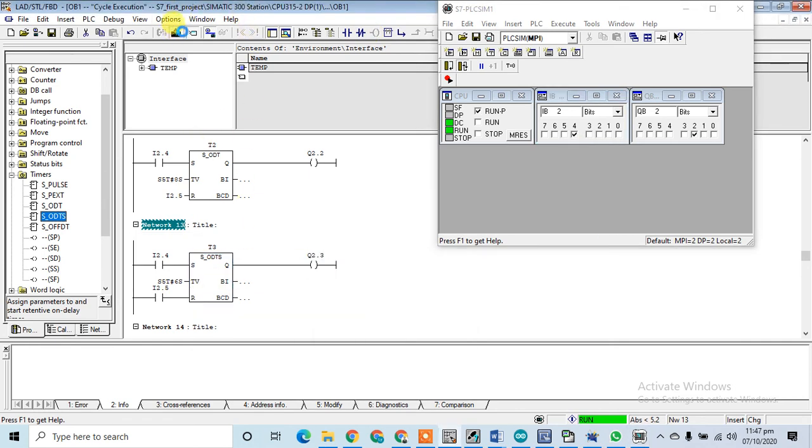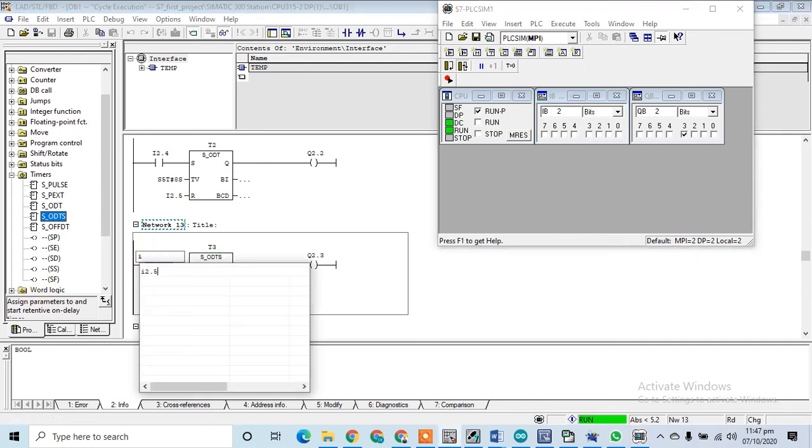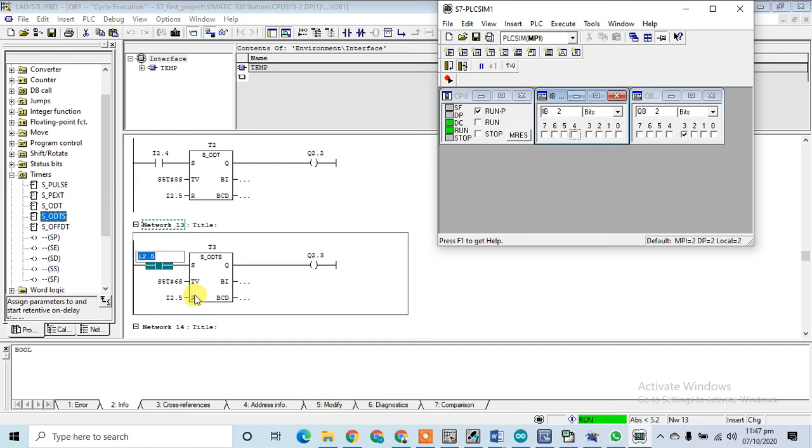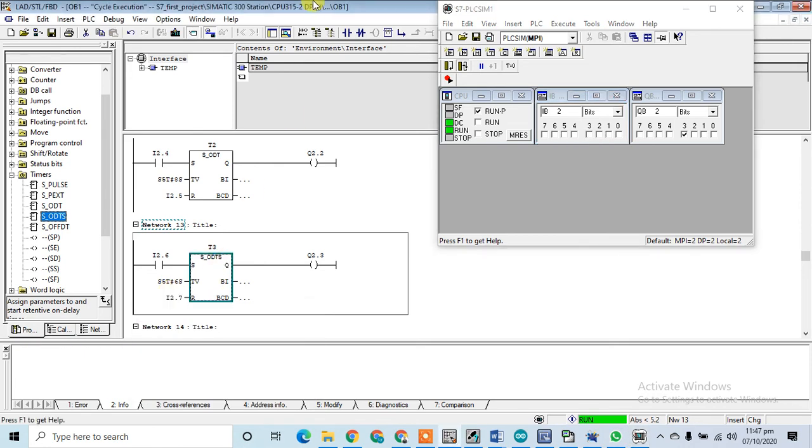So this is a very beautiful timer, a very brilliant timer, with great behavior. Let's say I am changing my inputs, it can be I2.6 and I2.7. So I download this project.